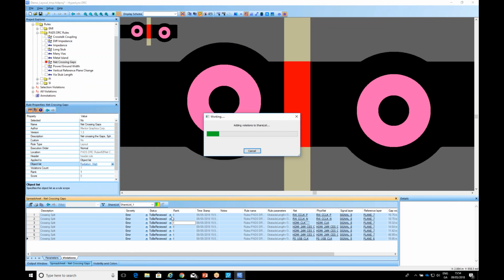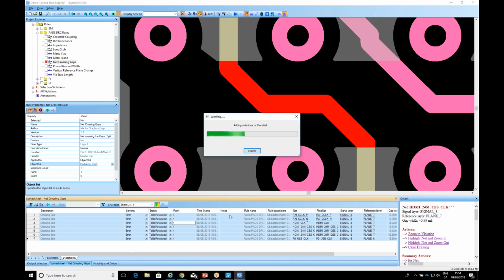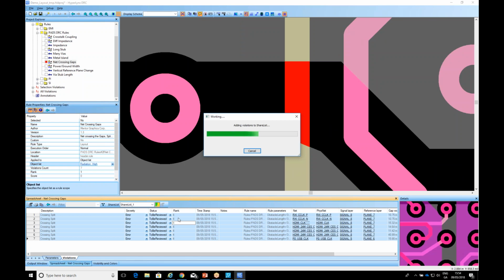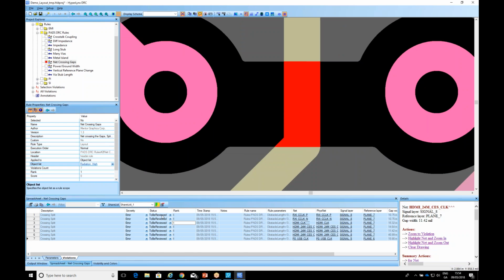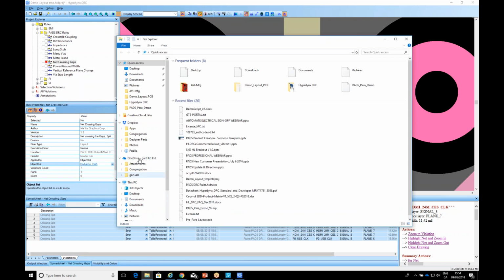So I just need to select the ones I'm interested in and add them to the share list. And what I could do here is put in some notes, maybe what the status is, whether it's critical, whether it needs to be fixed, or whether to ignore it. I could put in some notes along with that. But just to show you what information it generates, if we go to the project folder,